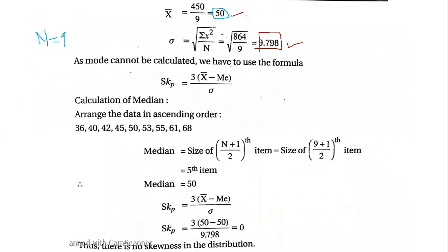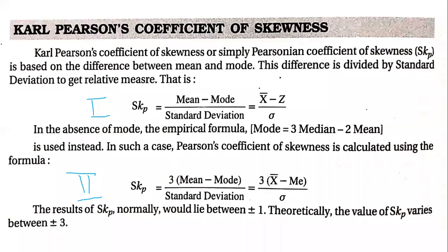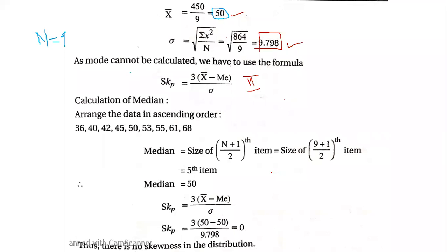So that is why we will not use the first formula, we are going to use the second formula. If you remember, we had named the formulas as 1 and 2. First we consider the first formula and find the values. If this is not working, then we consider the second formula. Why are we considering the second formula? Because we are not able to calculate the mode. Now for the second formula, you're supposed to calculate median, right? So let's calculate median for an individual series.